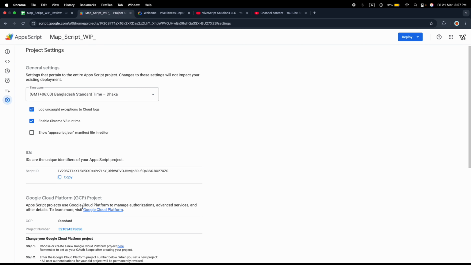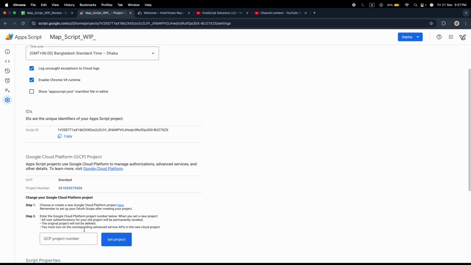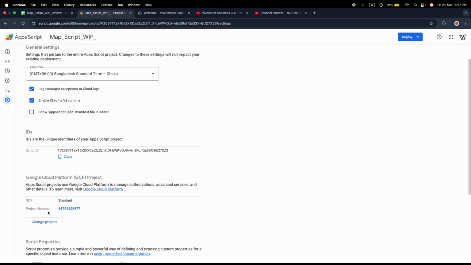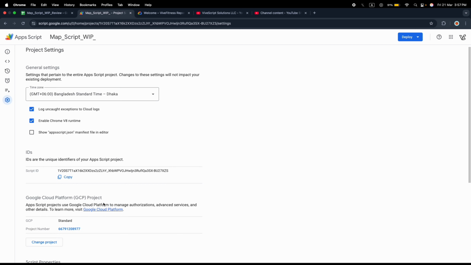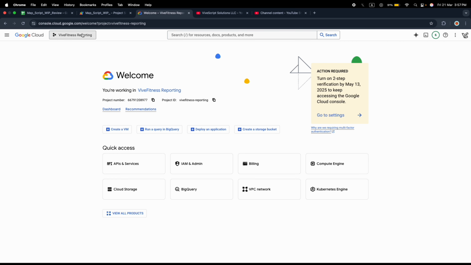But if you want to change the project number, we click here and then enter the project number here, click Set Project. Once it is configured, it is actually added. That's it, your project is now running. So make sure you select the right project, because your project number and the API key should be from